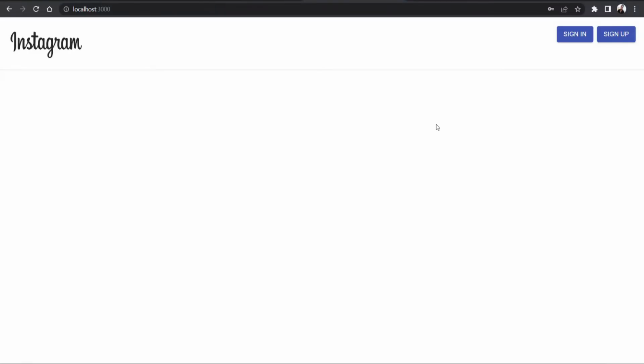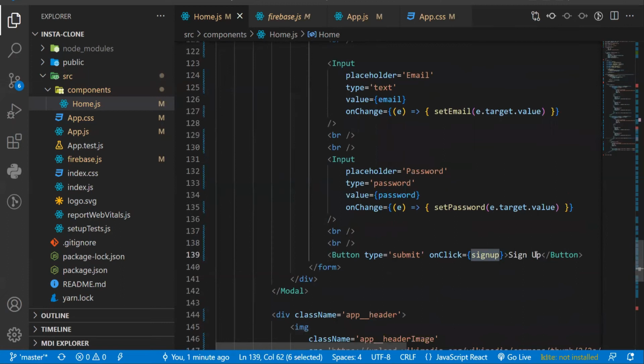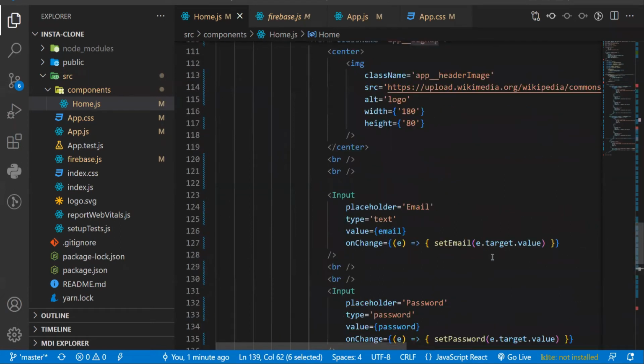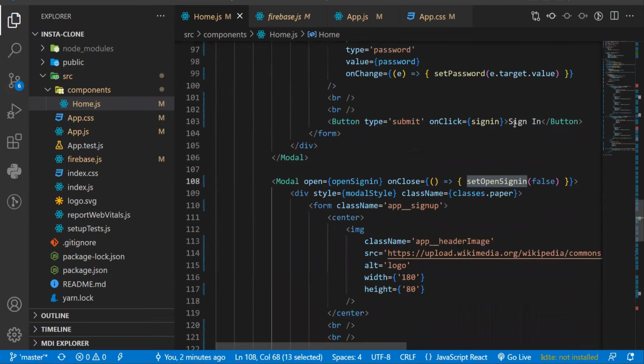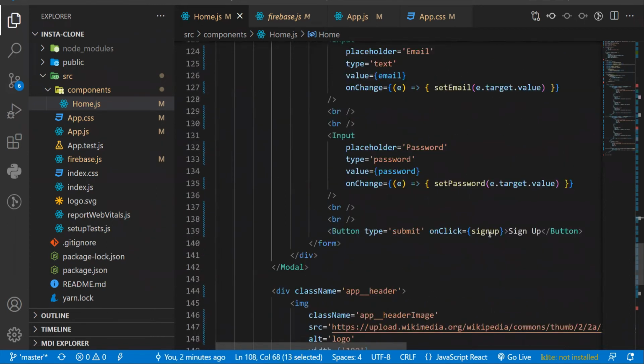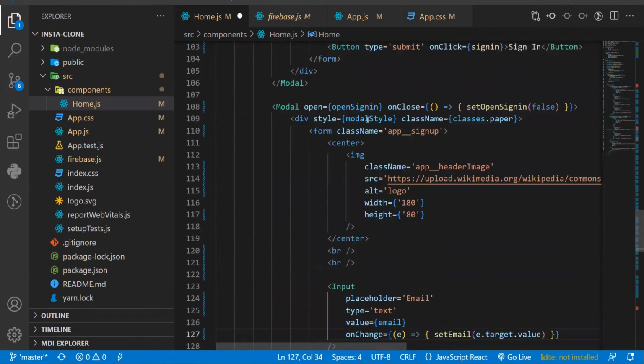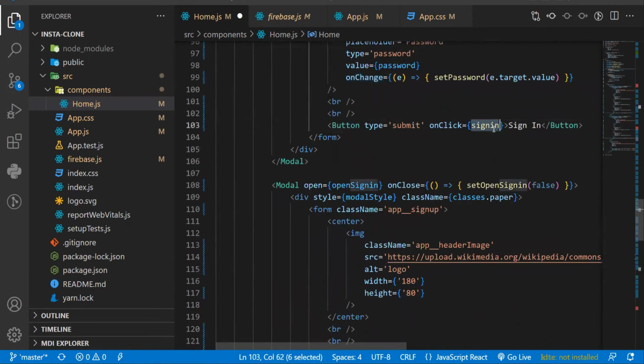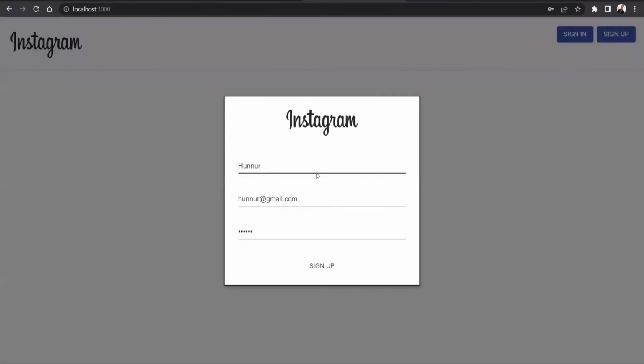We are getting this error because if you go back to our code here for sign up, we have written sign up, but here we have created this for sign in, right? So make sure that it is sign in here, and also here it should be sign in. For the above code, it should be sign up. We have given a wrong button for this operation. Sign up. Now if I save it and come back, now if I click sign up,